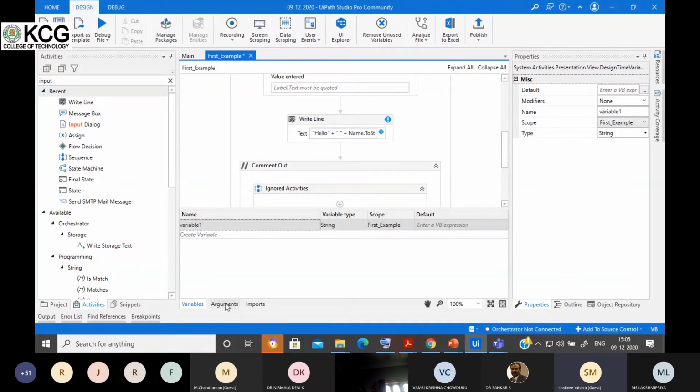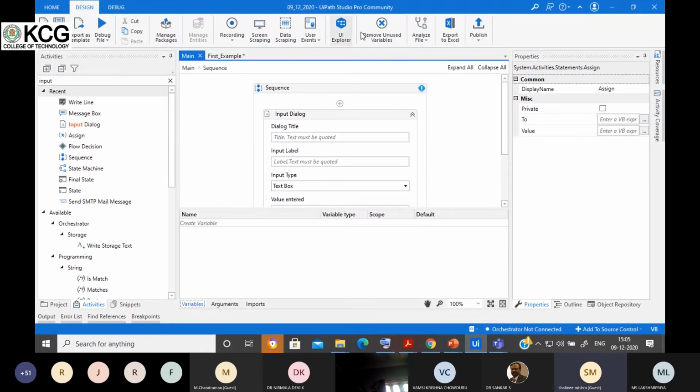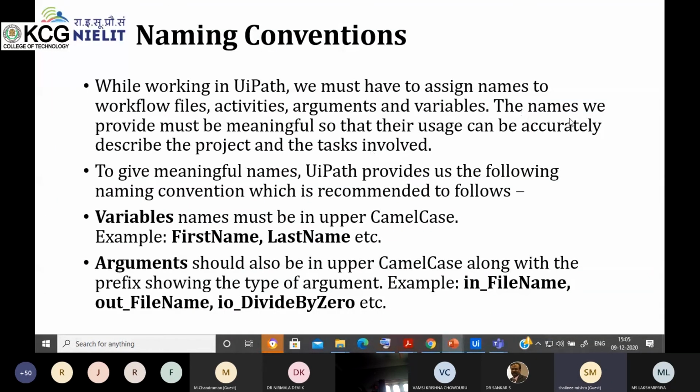But with arguments, I create an argument here and I can import it somewhere else, meaning in a different file I can call the arguments. So this is the basic difference between these two.